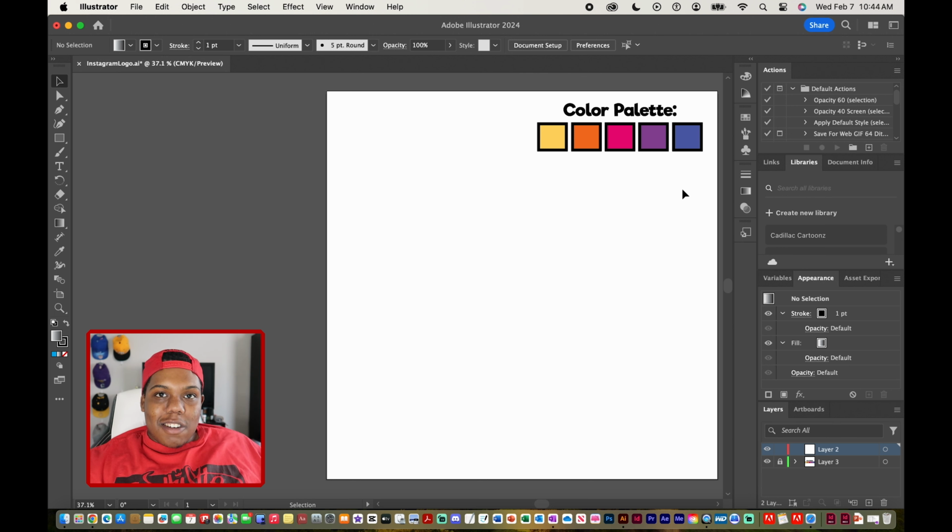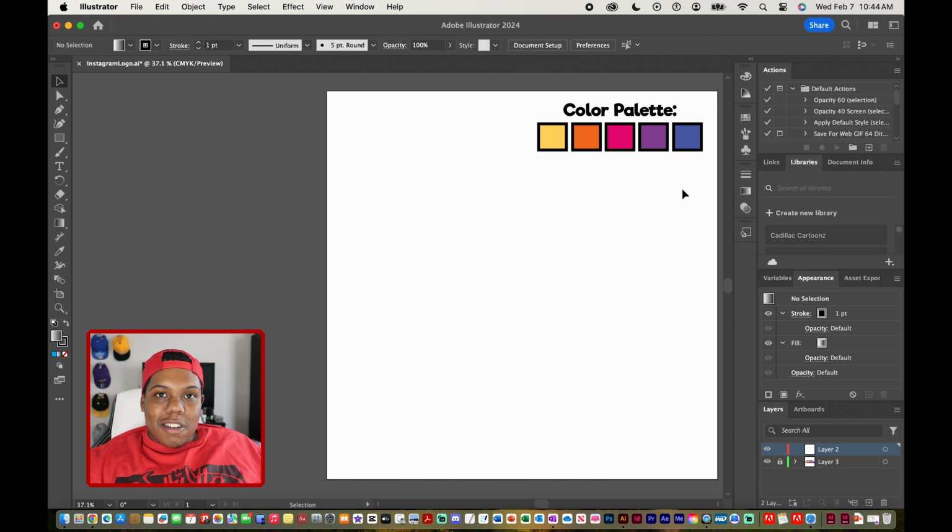So the first thing that we got to do is create a square. I'm going to go over here to my shape tool, which is right here. Conveniently, I have the rectangle tool selected, or if for some reason your rectangle tool is not showing up here, you can click and hold on that icon and click on rectangle tool. Now in our document, I'm going to create a perfect square. To do that, I'm going to hold the shift key and click and drag to create a perfect square